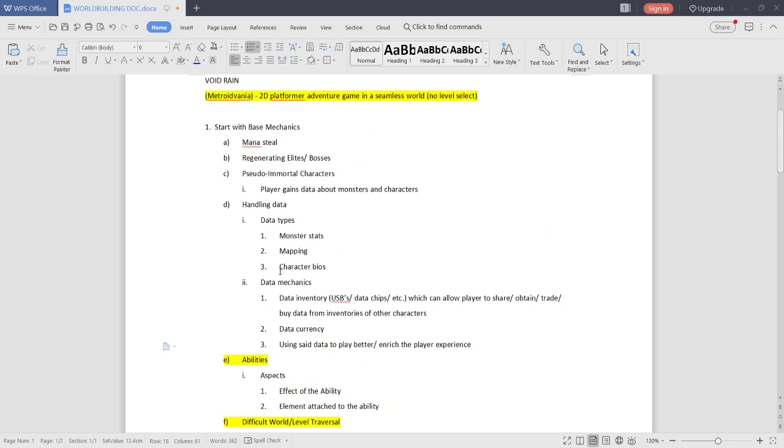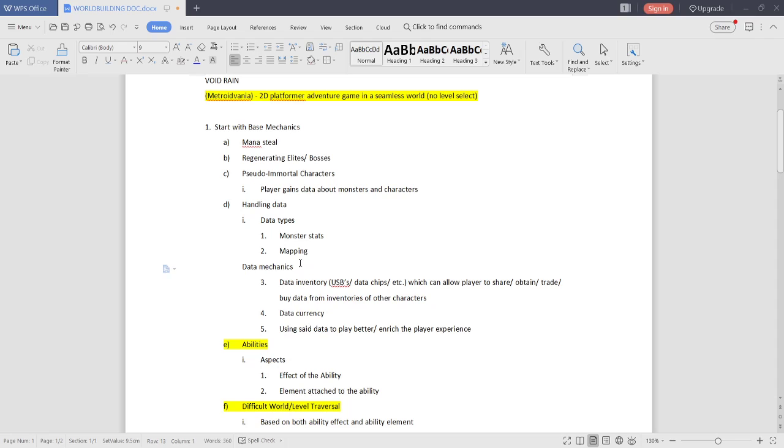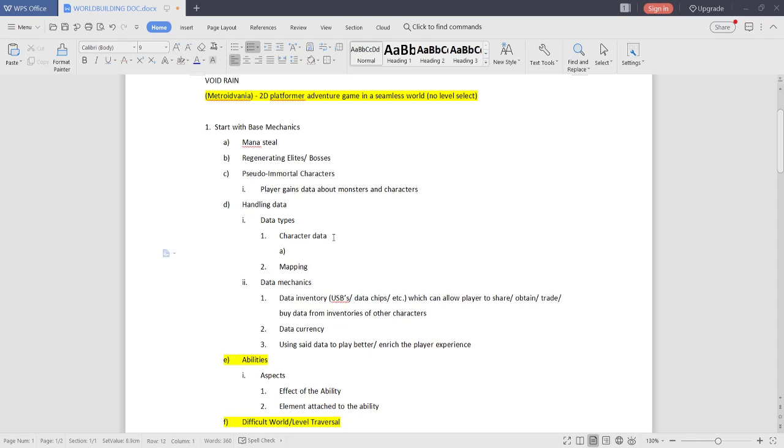Here: monster stats, mapping, character bios. Monster stats and character bios are almost the same thing, it's just that monsters won't have personalities, I guess. So let's simplify that to character data. So we have character data and mapping data.